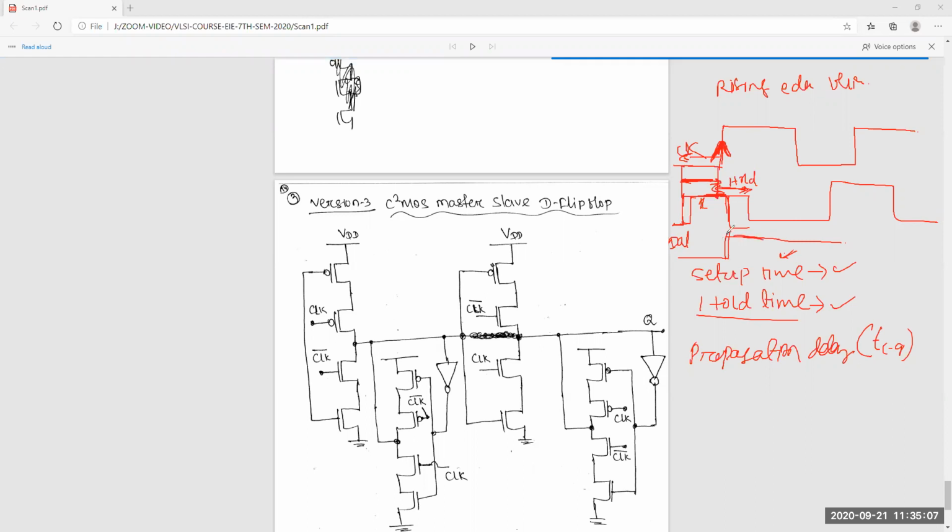From this point to this point, whatever the delay, that is called propagation delay, that is TCQ, clock to Q.